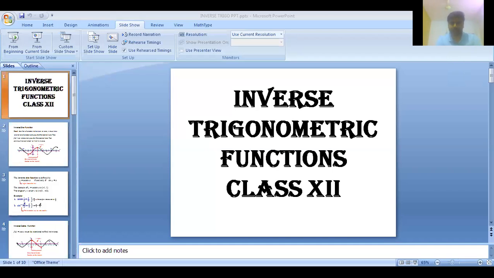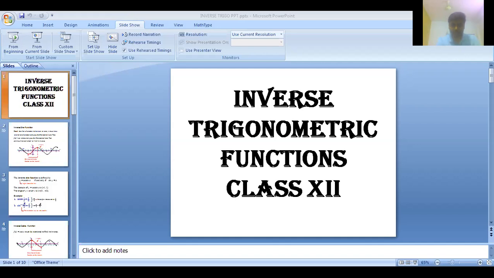After that, to find the inverse of a given function, first of all, the function must be bijective. So for that, we have to restrict the domain and ranges of those trigonometric functions to find the domain and ranges of inverse trigonometric functions. Let us recall that once again, before going forward to solving some problems.